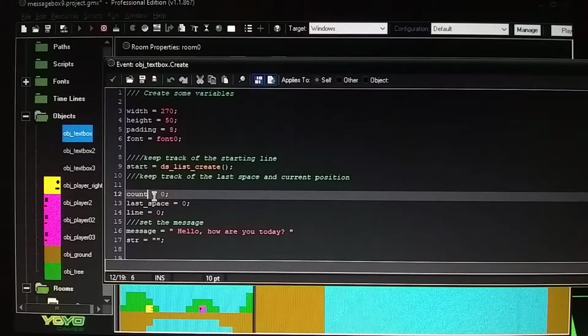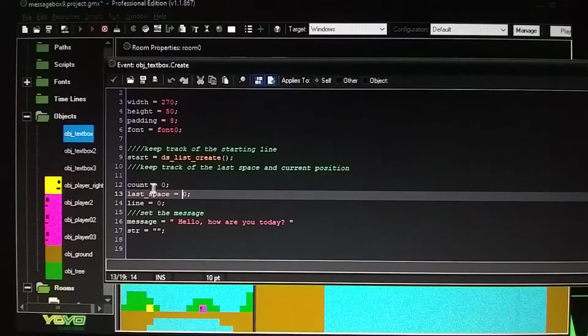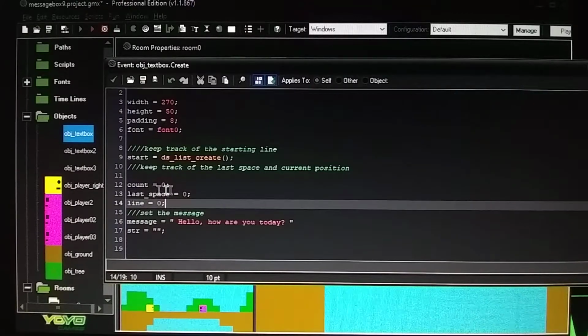Then the count is equal to 0, last space equals 0, line is 0, and then you have, I'm not really sure what this really does so much, but I watched a video on this stuff, and this was required for the text to pop up. I think this has something to do with keeping track of the last space and current space position. So this information right here is pretty much talking about the spacing between the text, and when it drops down to the second line of text. So if you mess with these numbers right here,